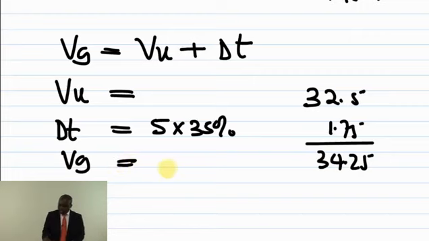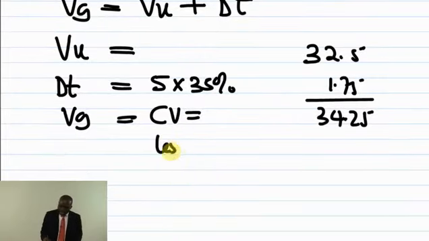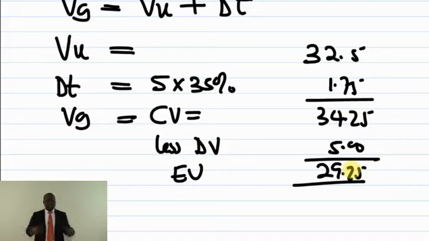And this VG is the corporate value, which is made up of value of debt and value of equity. So less my debt value, which is 5 million, and my equity value is simply 29.25. If you see them, they make life very easy. The only problem is they are not going to mention their names. You would have to see that I need Miller and Modigliani at this time.